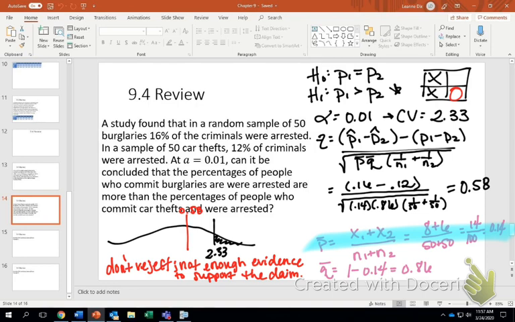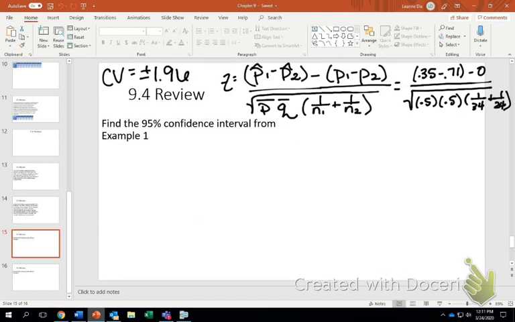All right, so the next little section is doing confidence intervals with the same pieces of information. So I'm actually going to transfer some of that information down and we'll get started. All right, so for confidence intervals, the formula is a little bit different. Our formula is going to be the p hat sub 1 minus our p hat sub 2 plus or minus